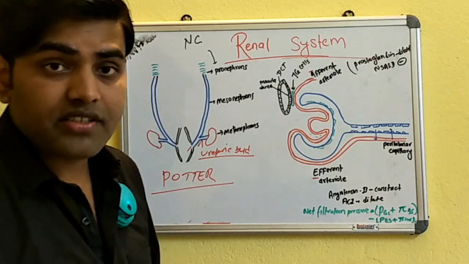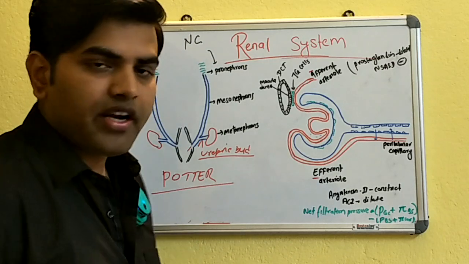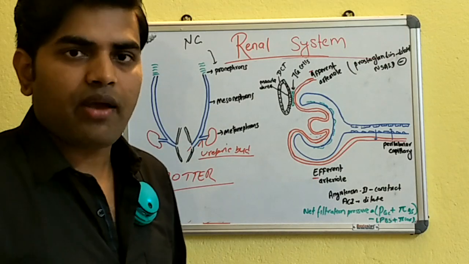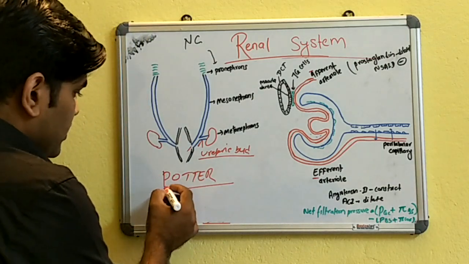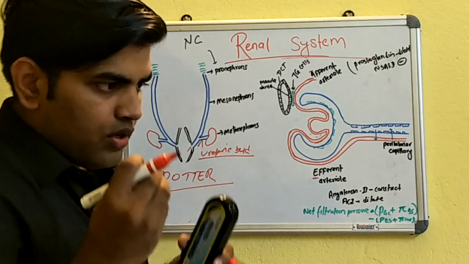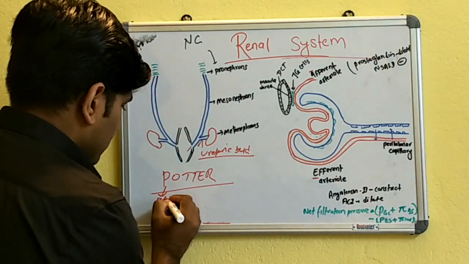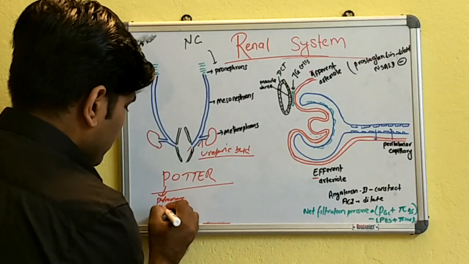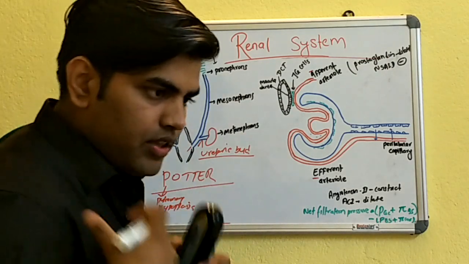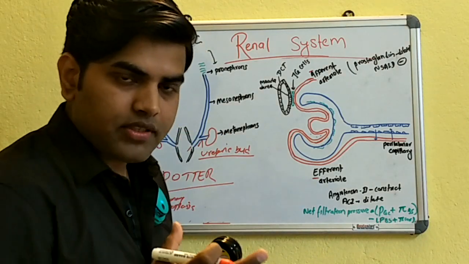It is a rare condition but can occur, and it is a very severe condition. If a baby has bilateral renal agenesis, then after birth, he usually does not survive. What are the Potter sequences? There will be pulmonary hypoplasia. Actually, what happens when the mother has oligohydramnios and the baby is there,